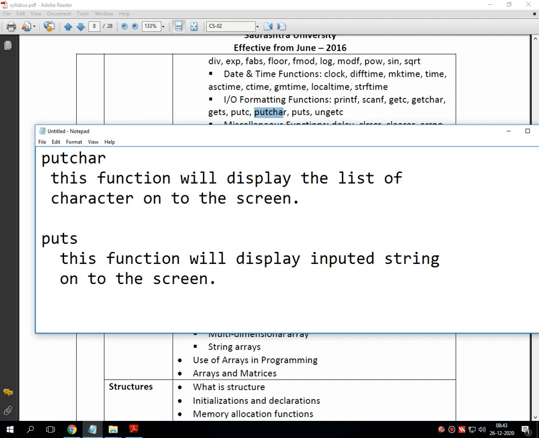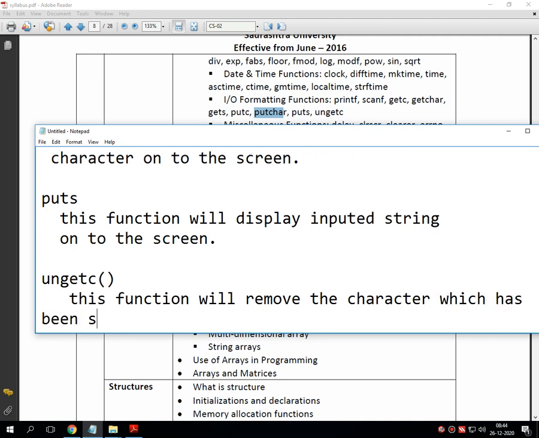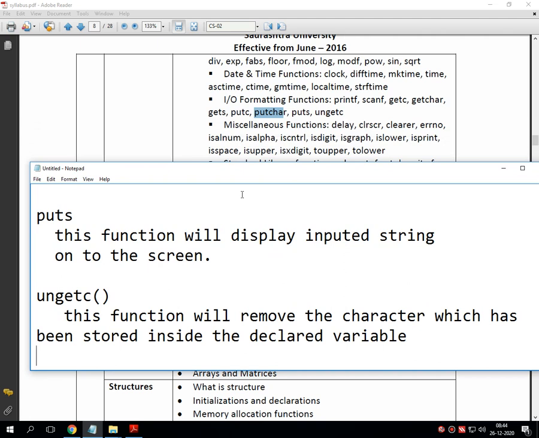And last one is ungetc. This function will remove the character which has been stored inside the declared variable. So these are the theories of a miscellaneous function which is used for input-output formattings.